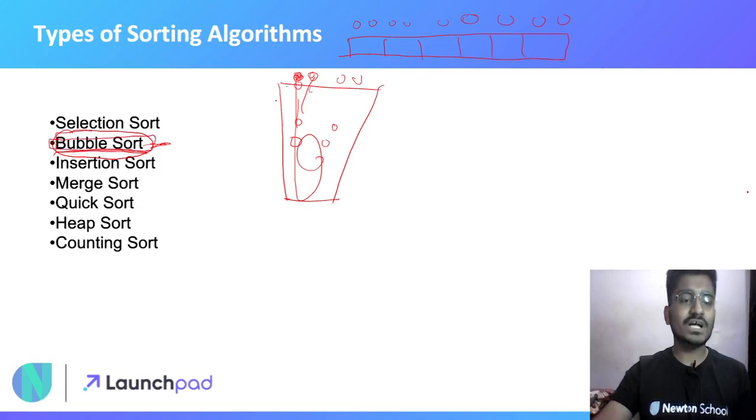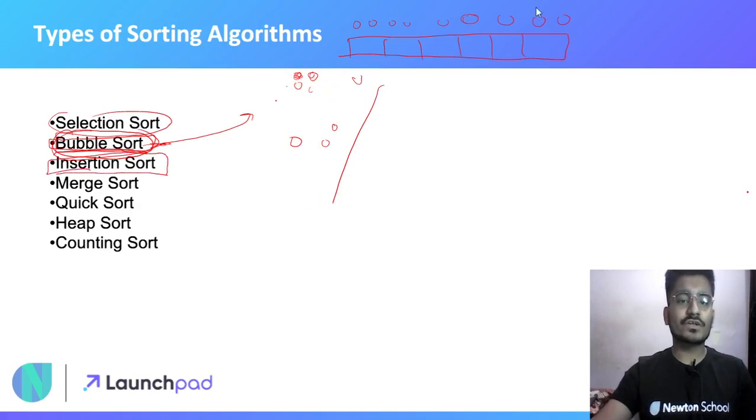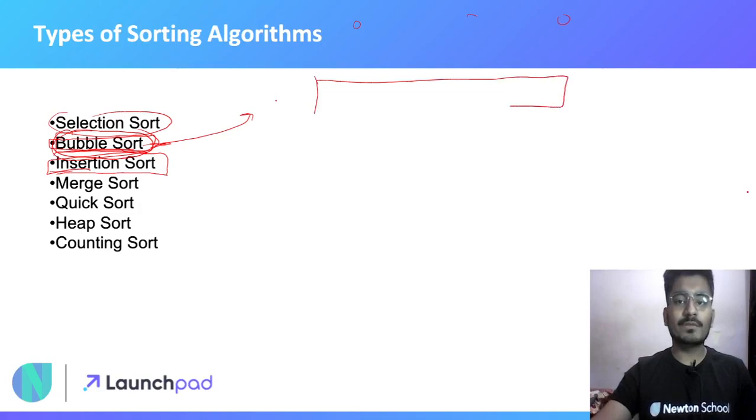We will watch a separate video about every algorithm. Right now I'm just giving a brief about every algorithm. Now then there is insertion sort. In insertion sort we take an element from the container and we insert it at its correct position. You can say that you have a container in which elements are placed in random order, so you will select some element at the ith position.